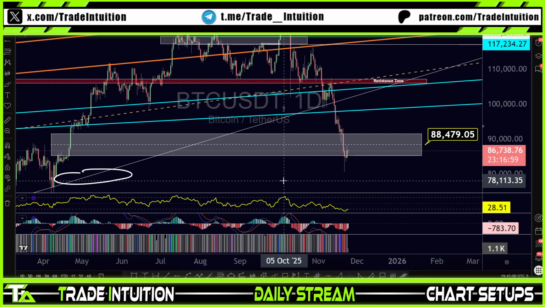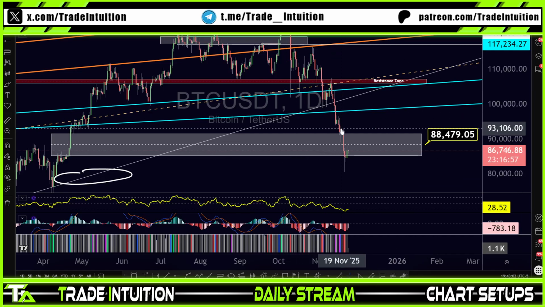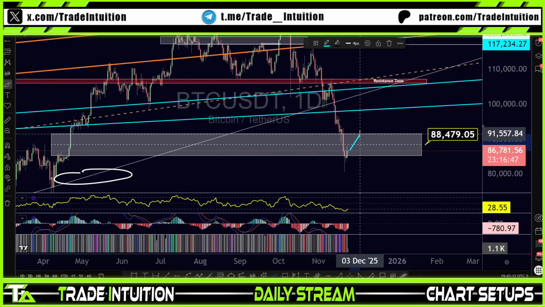It's going to be a Bitcoin update. It's on the daily time frame. So, of course, we had this really steep drop. I do think that we're going to come up. I want to see the price come up to at least here, about 91.5, bounce off of 88.6, and then